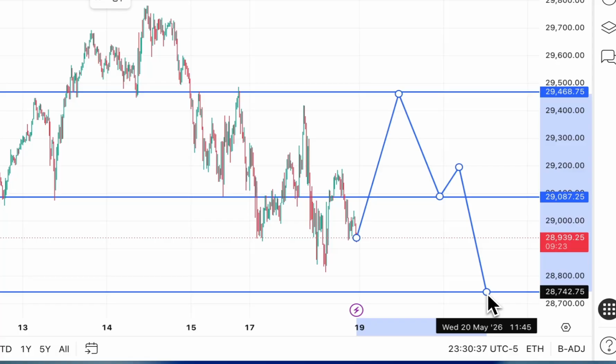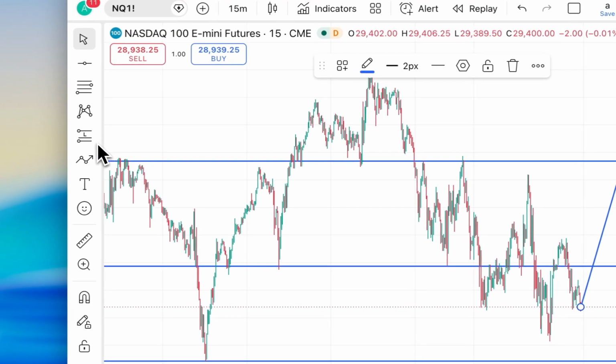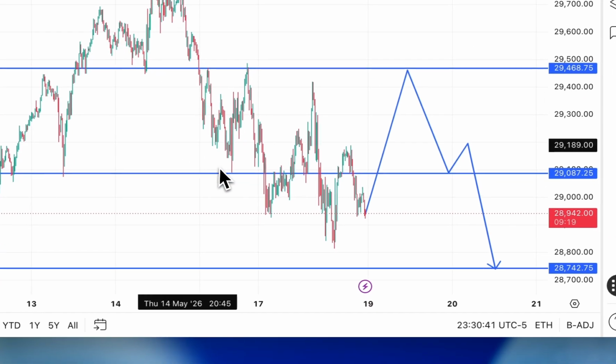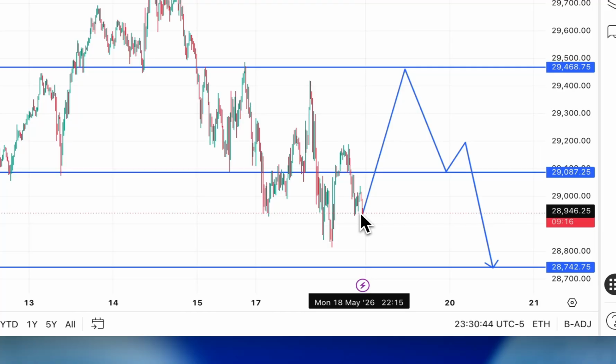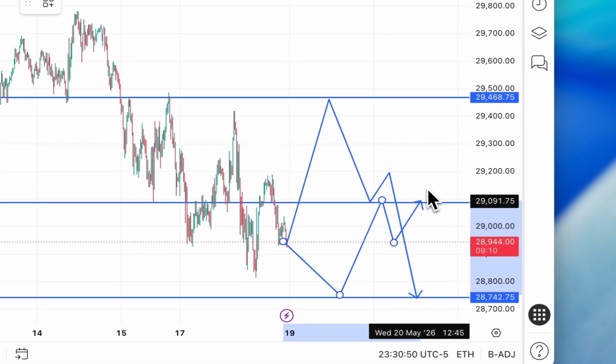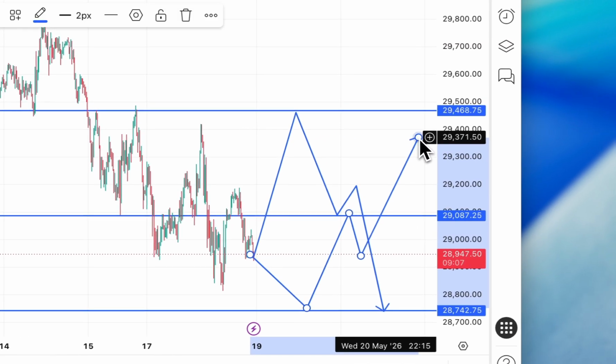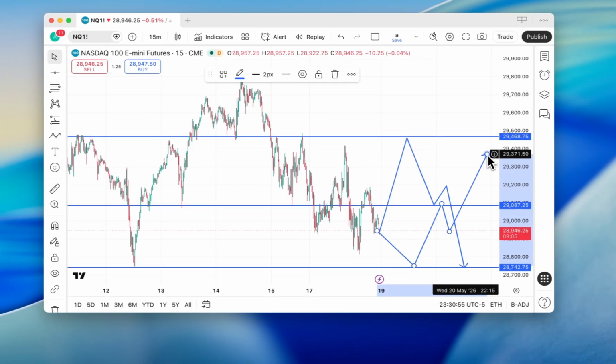Now we have one scenario. We'll just click back on the path tool on the left and we'll draw another one. There we go. Now, the main thing about this is you're just planning and you're not really saying that price